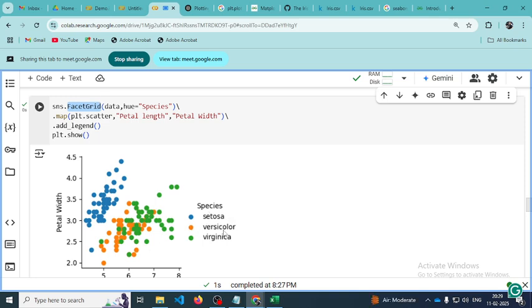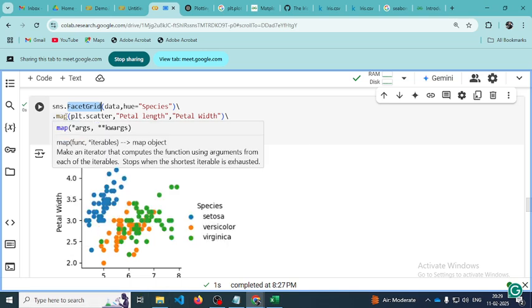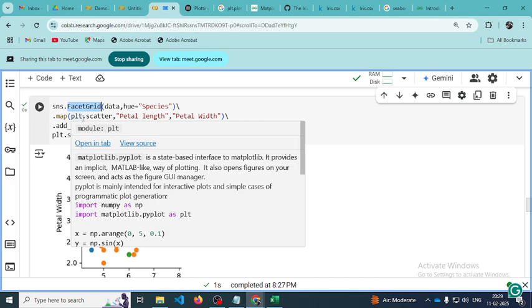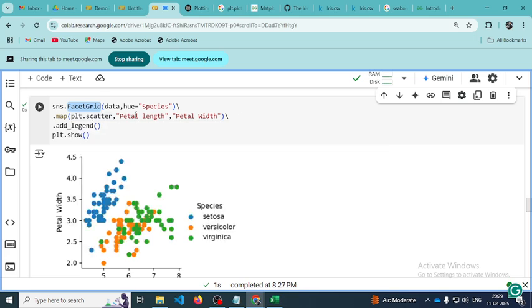All these orange points belong to versicolor and virginica. Then I want to plot a dot map. With the help of the dot map, we are plotting a scatter plot. You need to specify plt.scatter, or if you want something else, you can mention it. But for this scatter plot, you have data here,